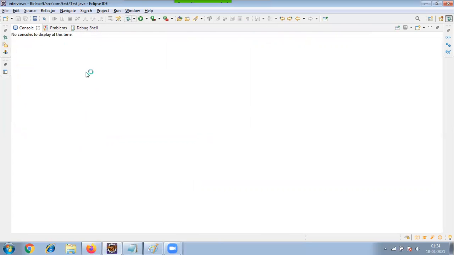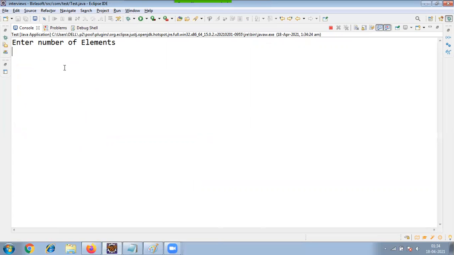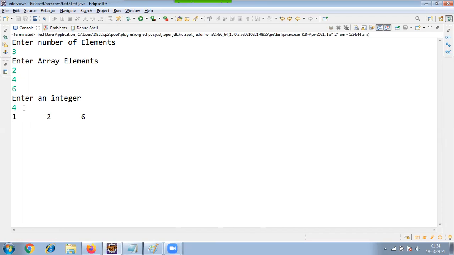So what about the second case, friends? The second case also has 3 elements, 2, 4, 6. Enter an integer. Which one am I checking for now? 4, friends. So 4 means I'll remove 4. Then what are the remaining elements? 2 and 6. I'll move 2 and 6 to the right position, and I'll fill the blank spot with 1 only.